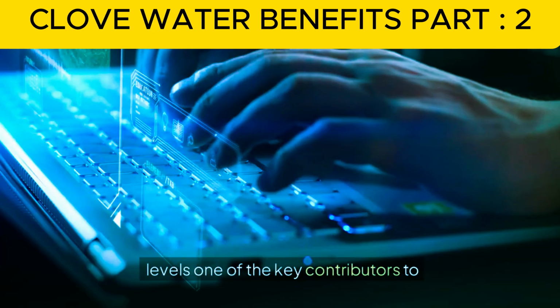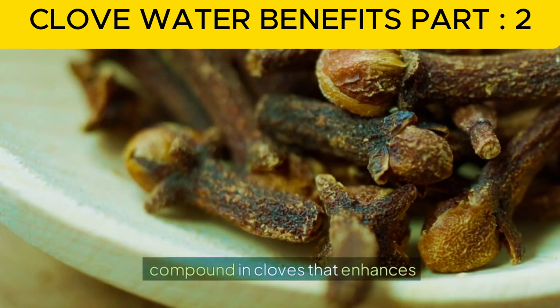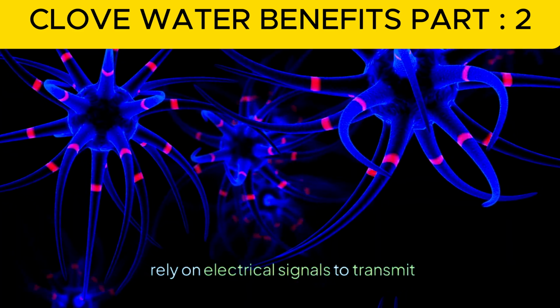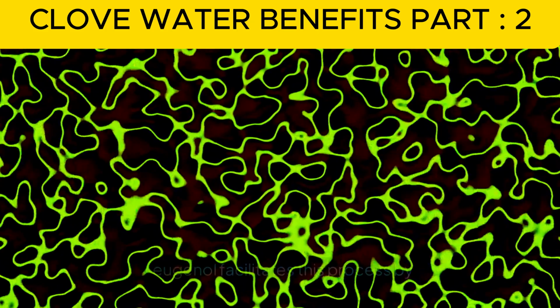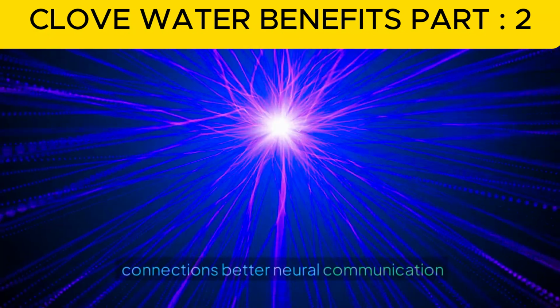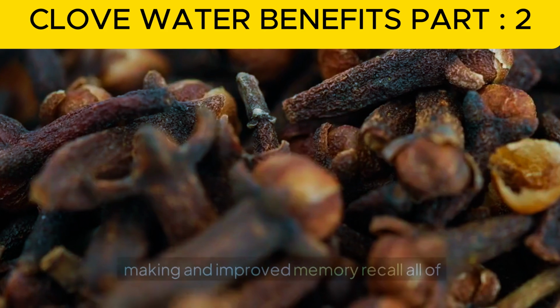One of the key contributors to this benefit is acetyl eugenol, a unique compound in cloves that enhances communication between neurons. Neurons rely on electrical signals to transmit information across the brain, and acetyl eugenol facilitates this process by improving the efficiency of these connections. Better neural communication means sharper thinking, faster decision-making, and improved memory recall, all of which are crucial